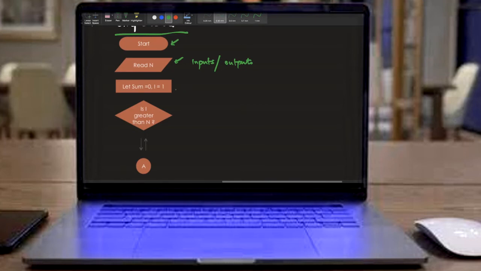And if you want to do some kind of processing, for example, T equals milk plus water plus sugar plus tea, let's say tea bag. So this is what makes a tea. So you're doing a certain kind of processing. Whenever you do some kind of processing, you will make a rectangle, right?